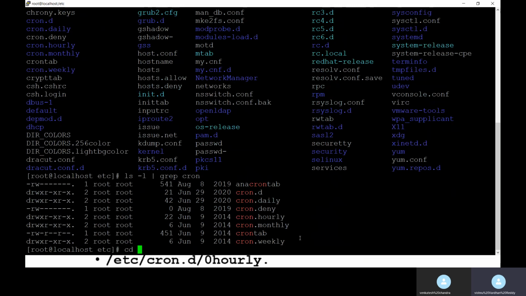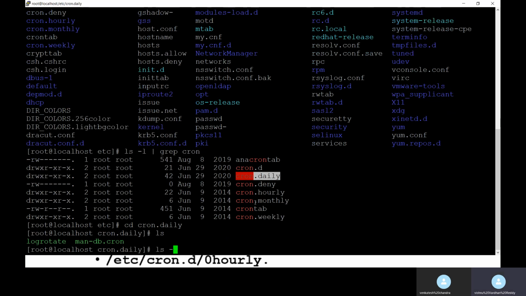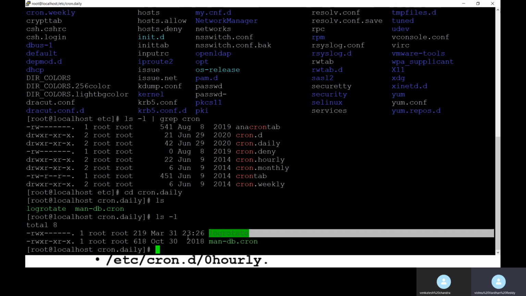Let's check cd into cron.daily. See, ls -l. This is the configuration file for how the daily tasks will be triggered.